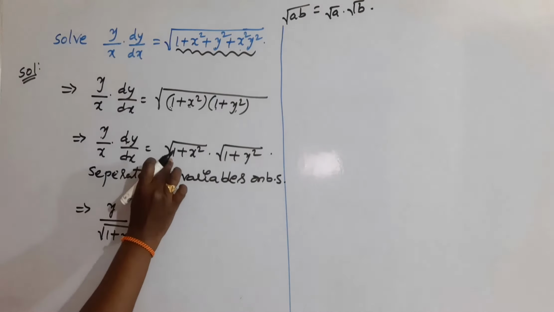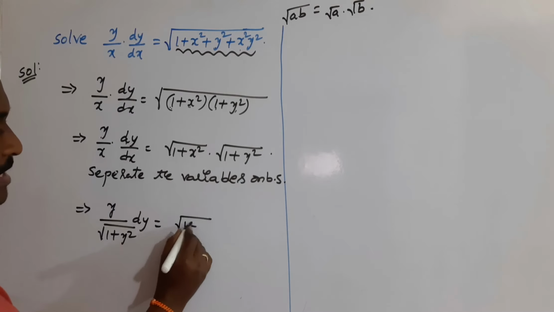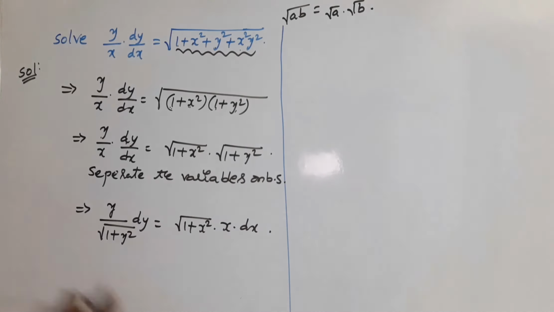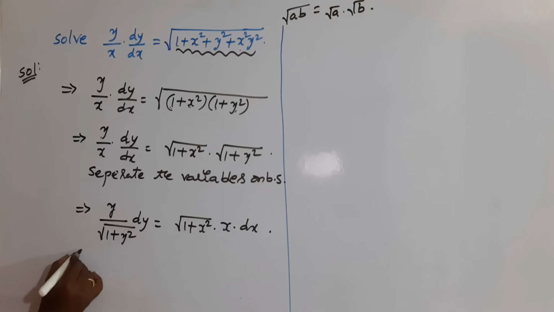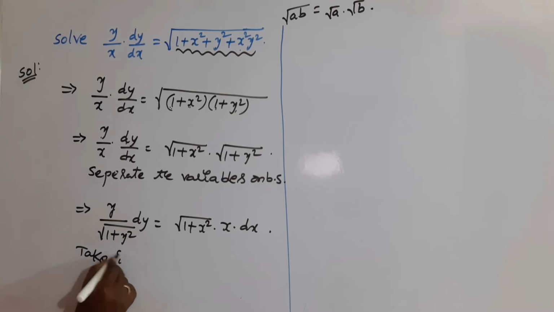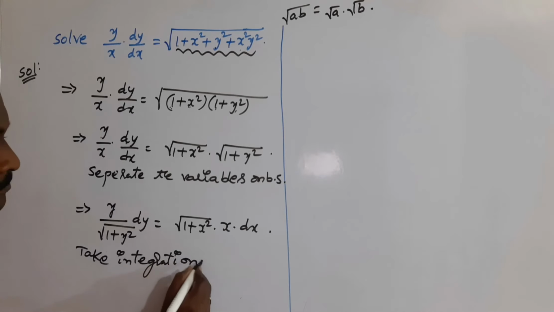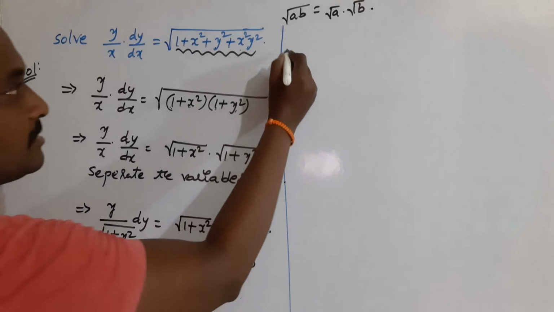Already here we have root over 1 plus x square. So root over 1 plus x square into x dx. Just I am rearranging the terms so that all terms of y and dy to one side and all terms of x and dx to another side. Now take integration on both sides. Okay, so you will get